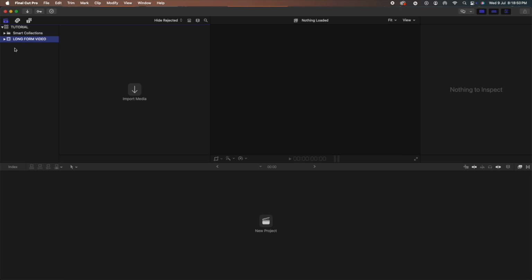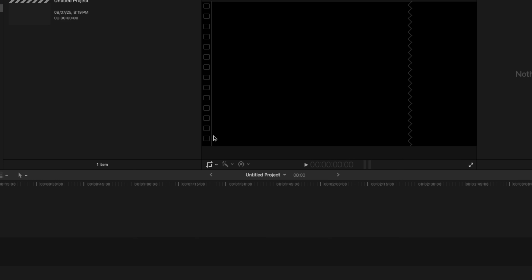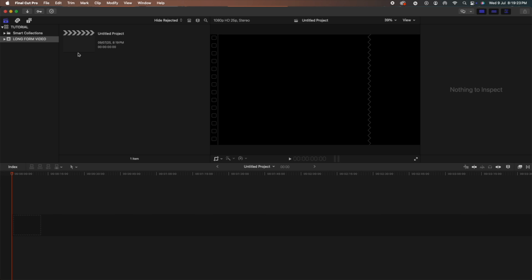We have got two options here. We can either import media or create a new project. I typically start by creating a new project, so hit New Project. Then here you can set the format of your video. I want it to be 1080p and 25 frames per second, and default rendering as Apple ProRes 422. I keep all the other details as they are and just hit OK. As you can see, within our event we have got a new project,